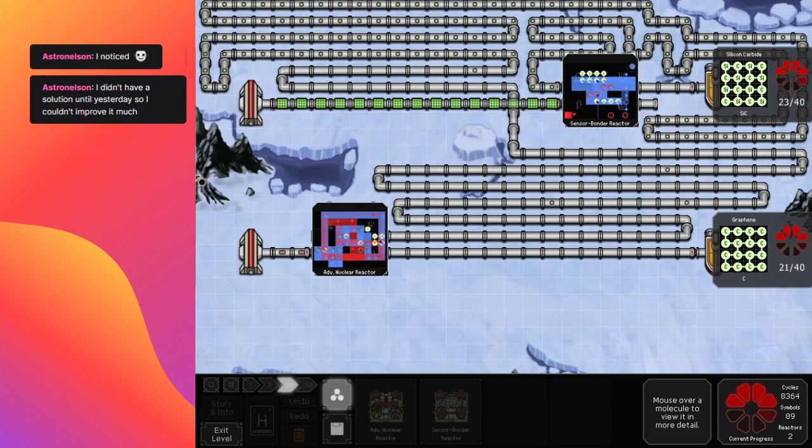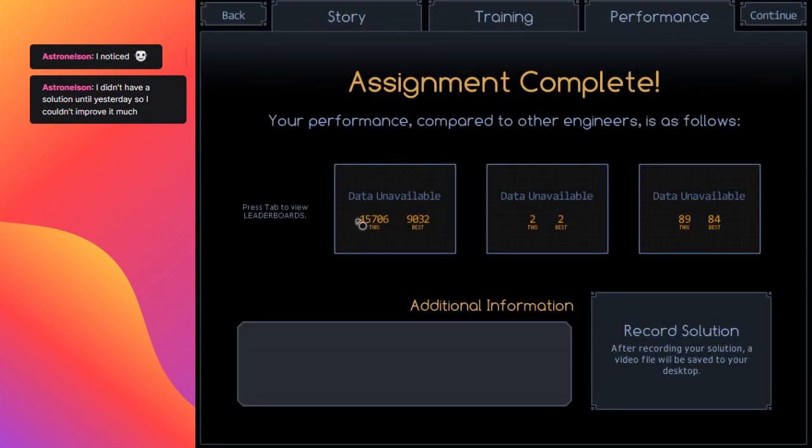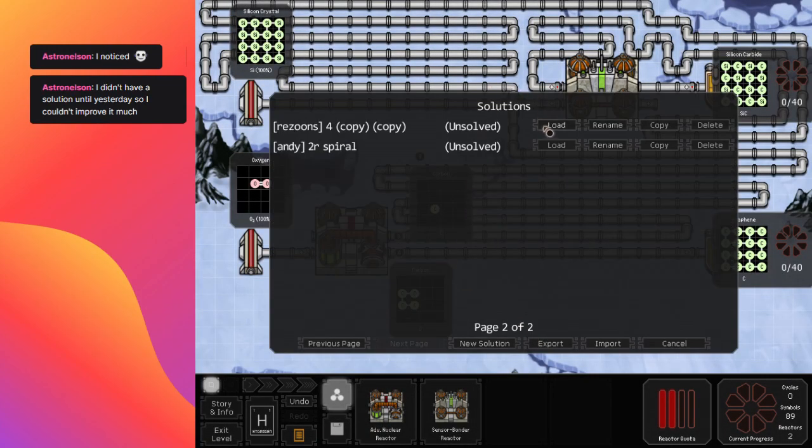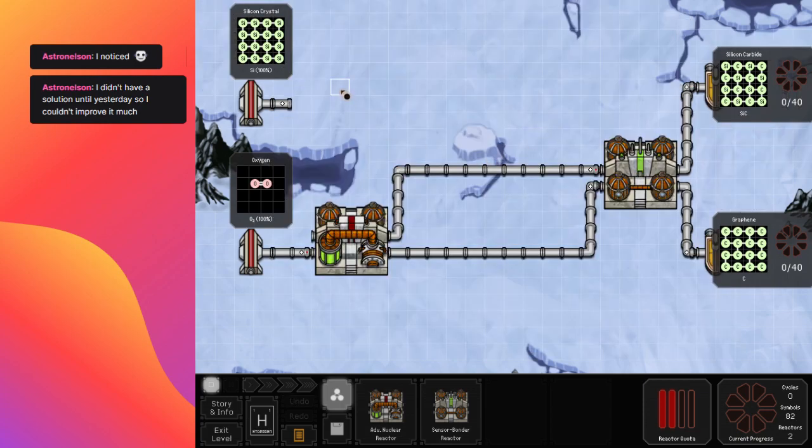And that will get you, let's see here, third place, 89 symbols for a metric of 109. 15,700 cycles is actually the fastest of the two reactor solutions, but two people managed to score below this, being Rezuns and Andy. Congratulations on third place, firstly. And,